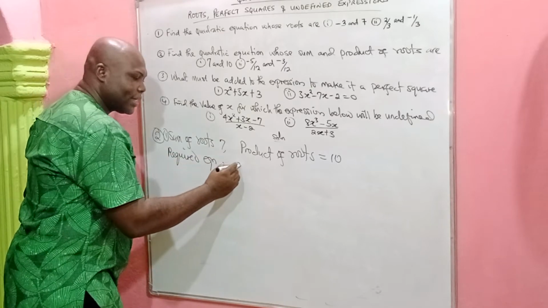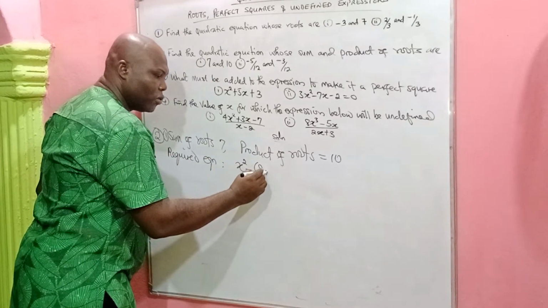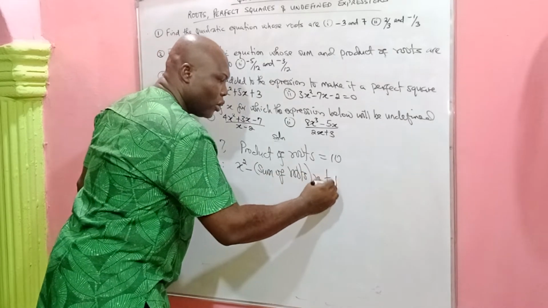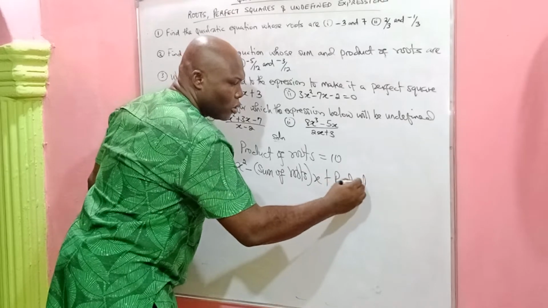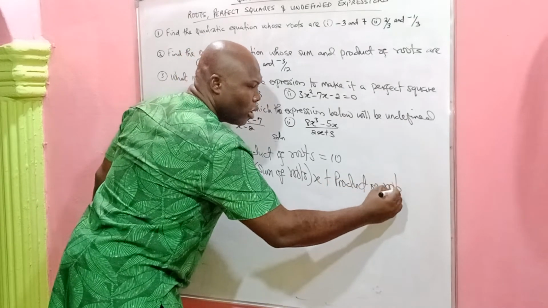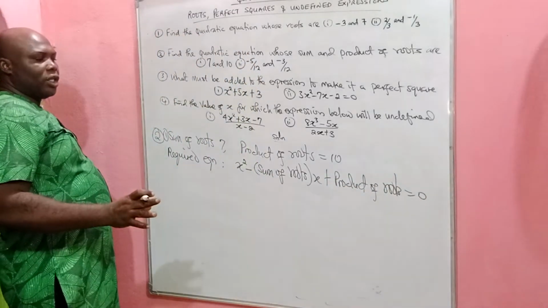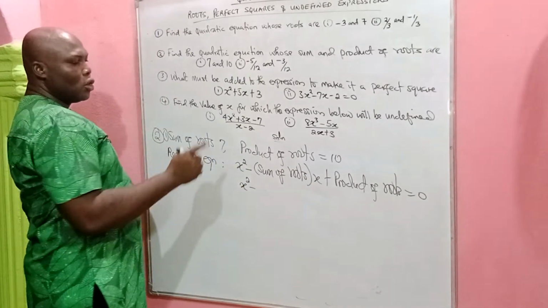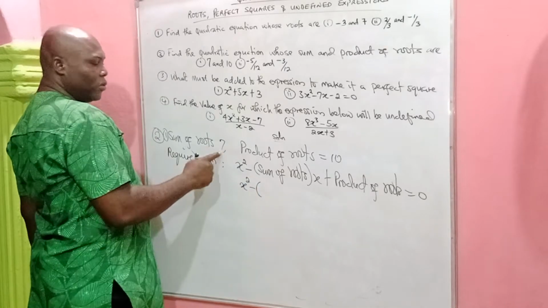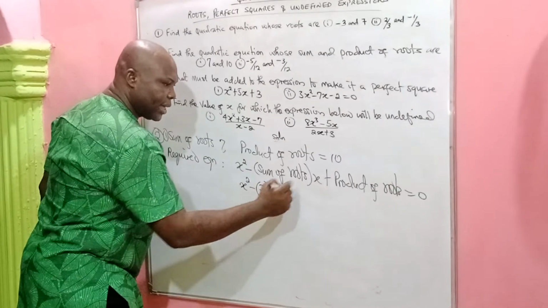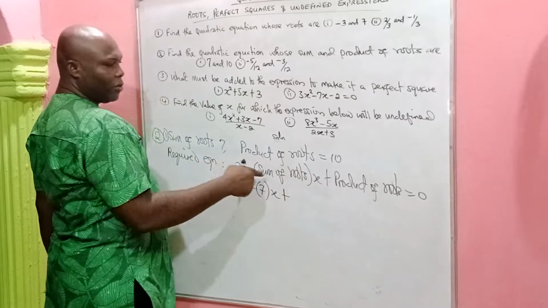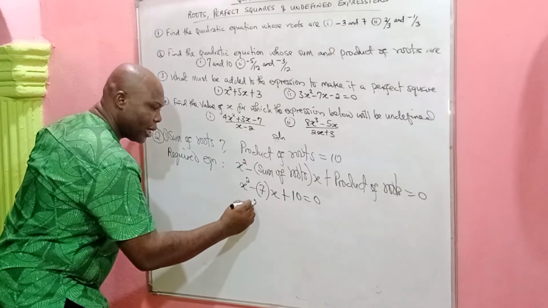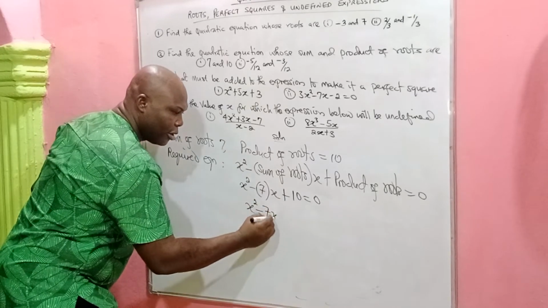Please take note, the required equation is always x squared minus sum of roots times x plus product of roots equals 0. That is the required equation. This is how it must be expressed. So we are going to have x squared minus sum of roots. What did they give us? Sum of roots 7. And then x plus what did they give us? Product of roots 10, equals 0. So we are going to have x squared minus 7x plus 10